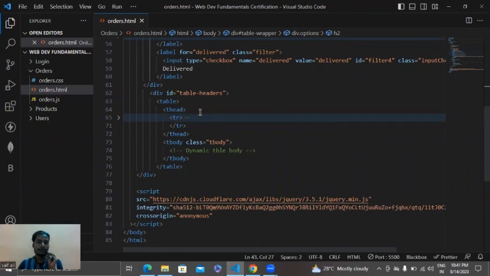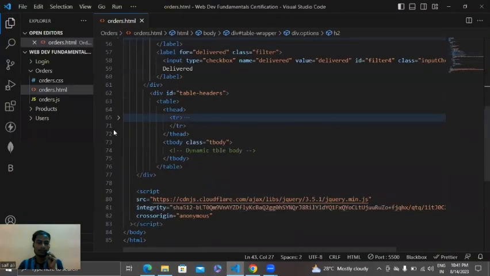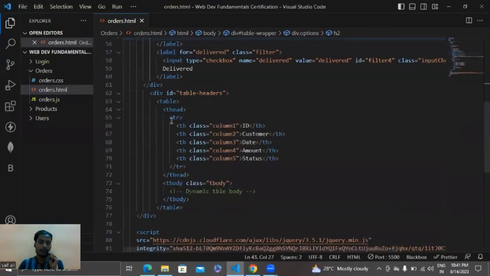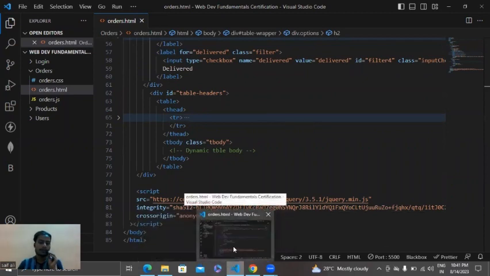header columns and rows. That is this ID, customer, date, amount, and status. So for that, I have created a table and rows: ID, customer, date, amount, and status. And for the body, I have created the HTML for body. That is,